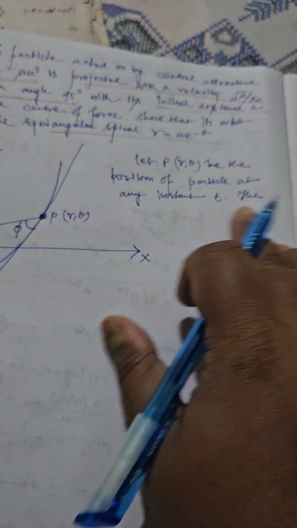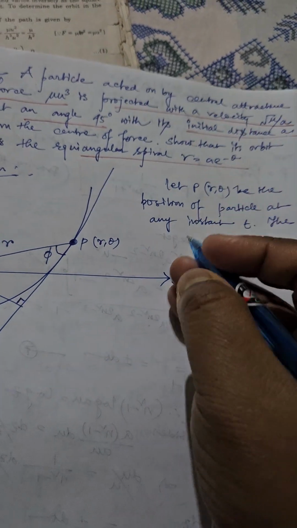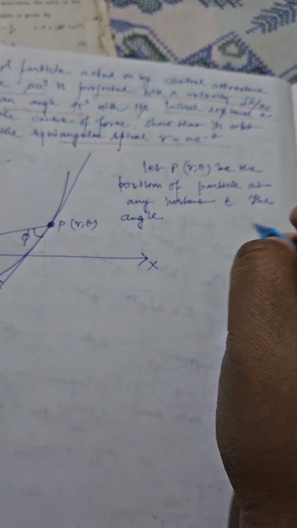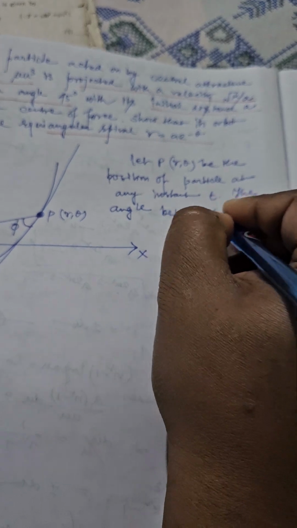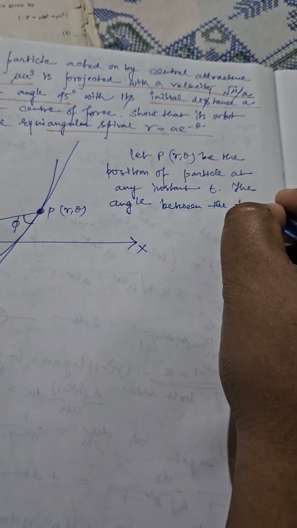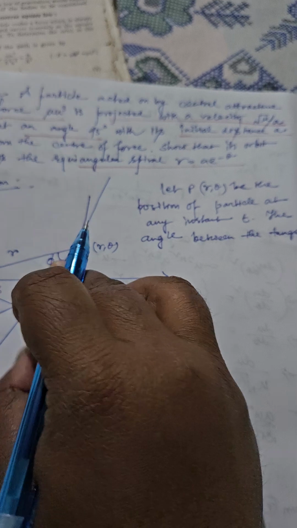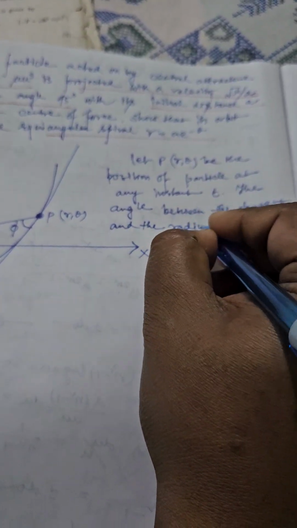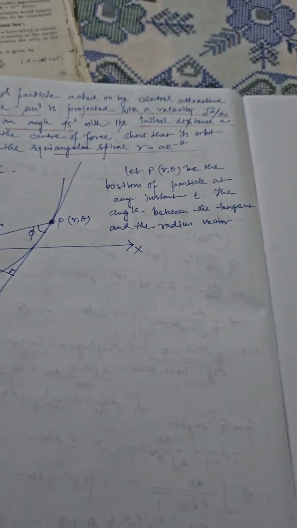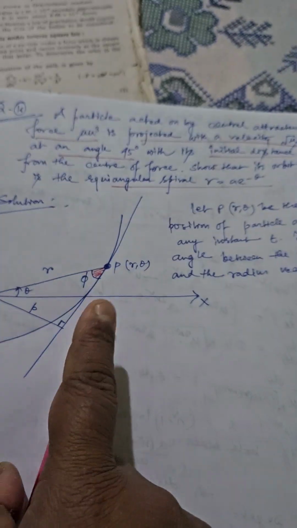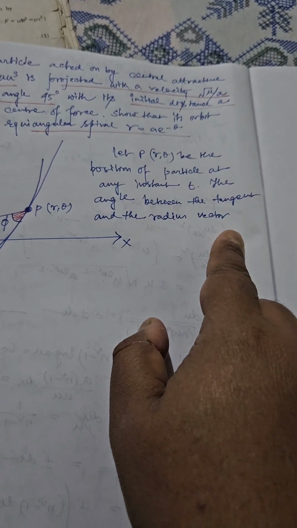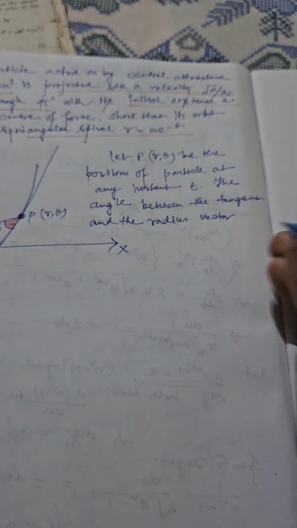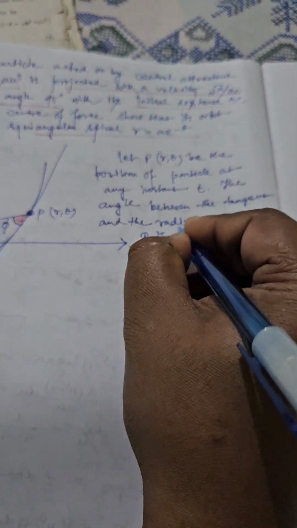Now the angle between the tangent and the radius vector, this particular angle, I am talking about this angle between the tangent and the radius vector at p is phi,